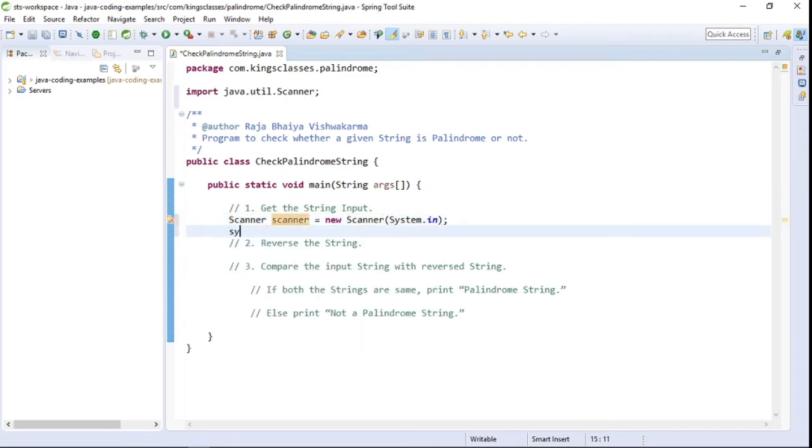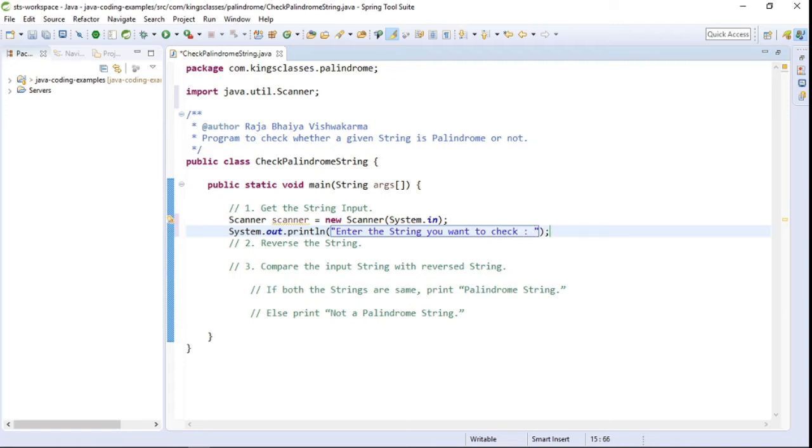Okay, so first we will give one message to the user. We will ask the user to enter the string you want to check.